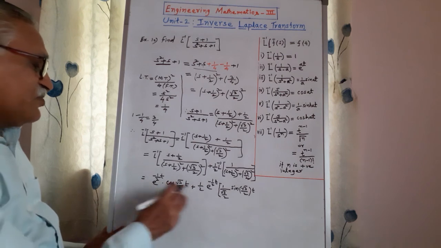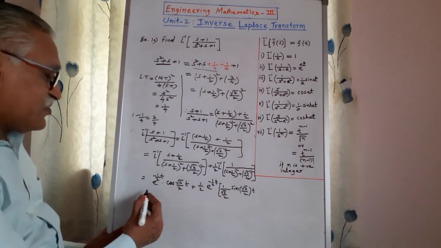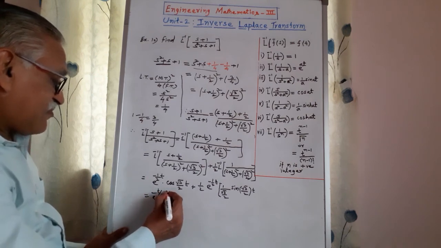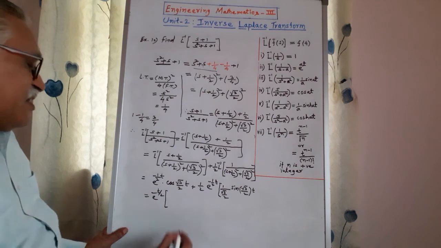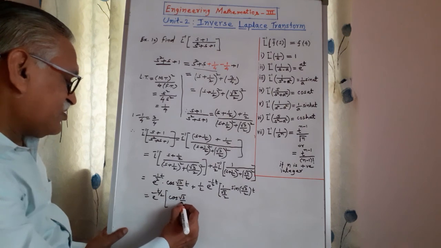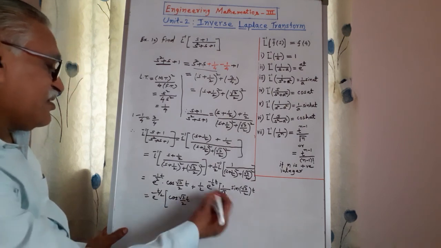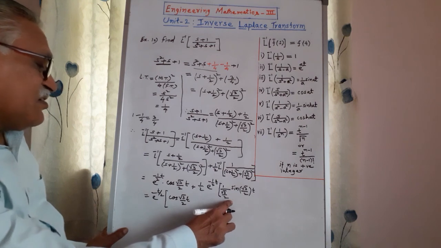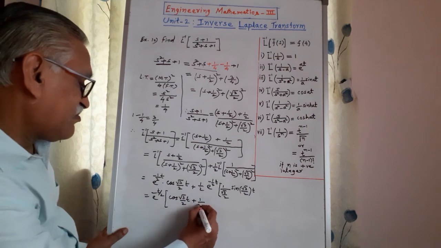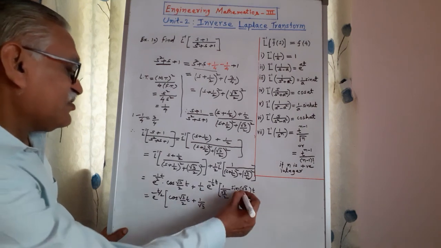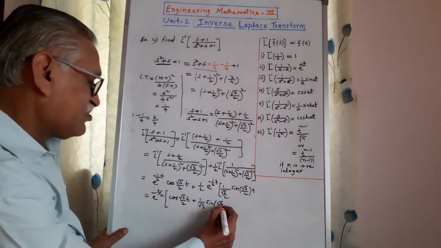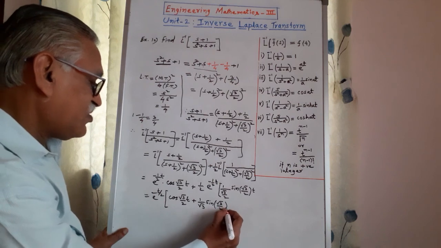And from these two terms I can take e raised to minus t by 2 common, and the remaining is cos of root 3 by 2 t, and this 2 gets cancelled. It is 1 upon root 3 sine of root 3 by 2 t